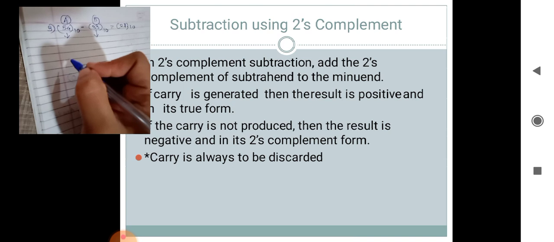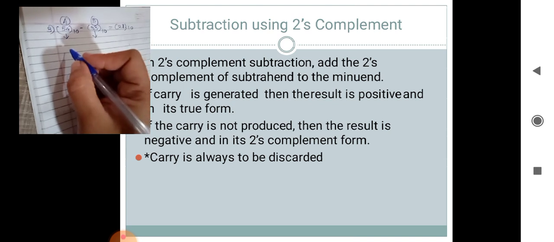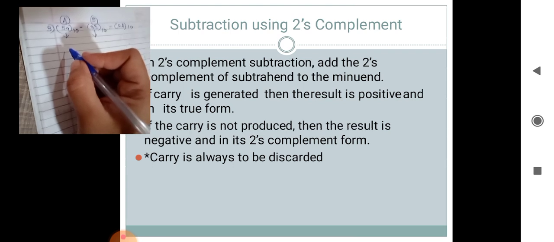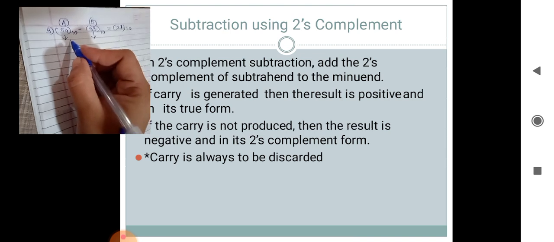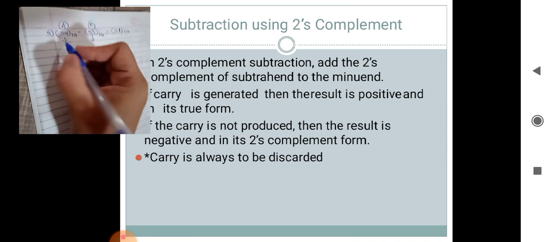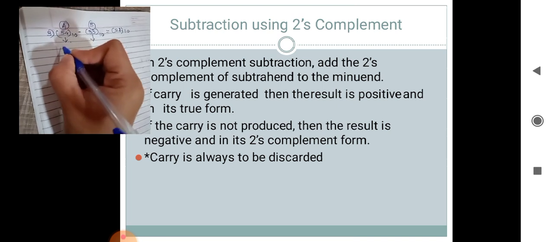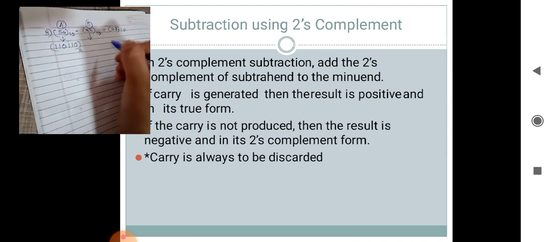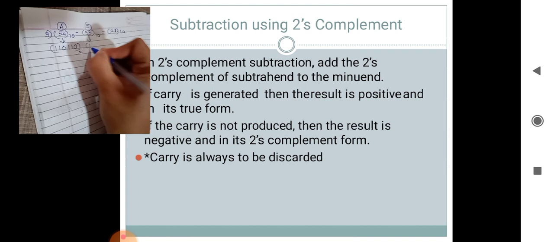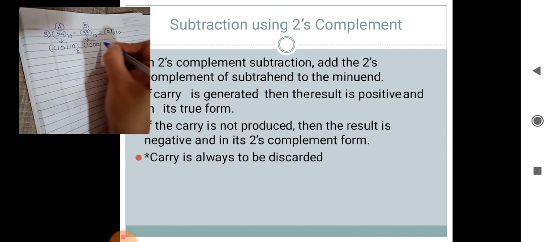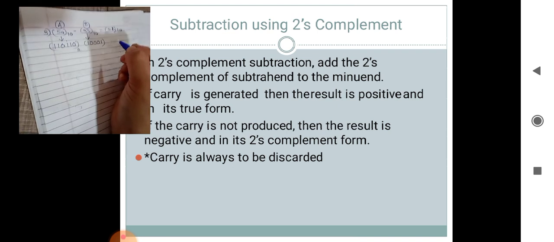With the help of a scientific calculator, you can easily find the equivalent binary number. Also, I have taught you how to find the binary number from a decimal number, which will also help you find the binary equivalent of these decimal numbers. So the binary equivalent of 54 is 110110, and 33 is 100001.